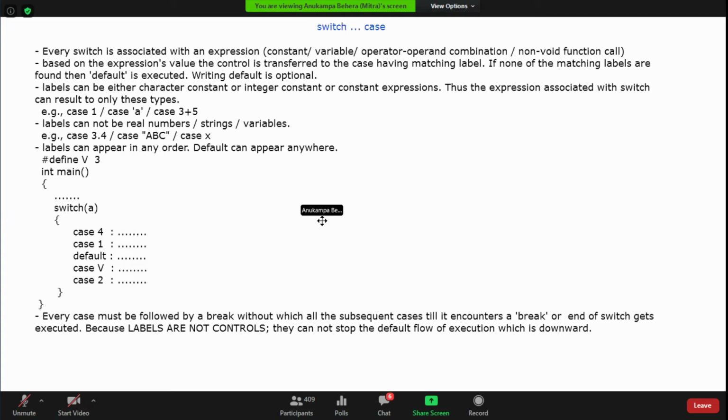Done. Good. So now, one example we had done last class. It's an example, not a question. So let me share it with you.